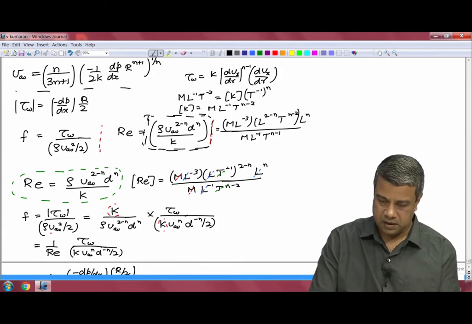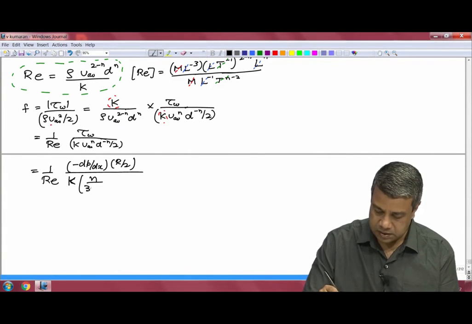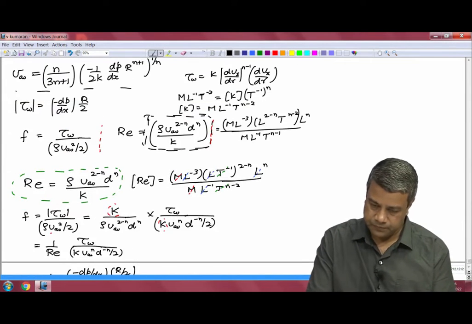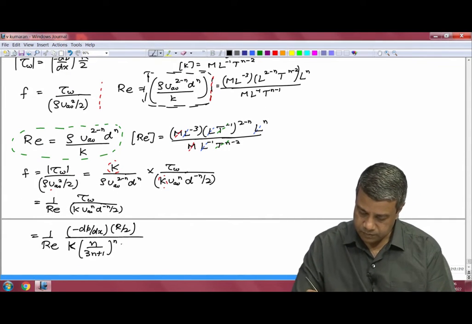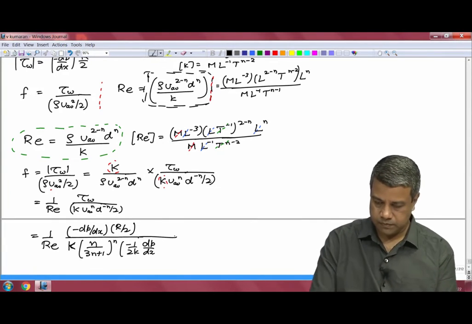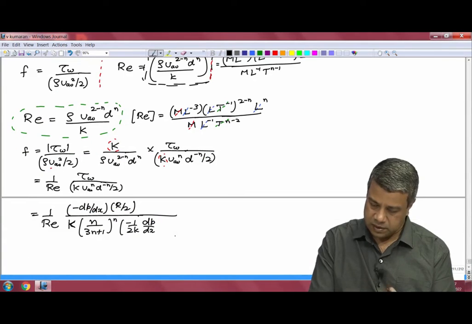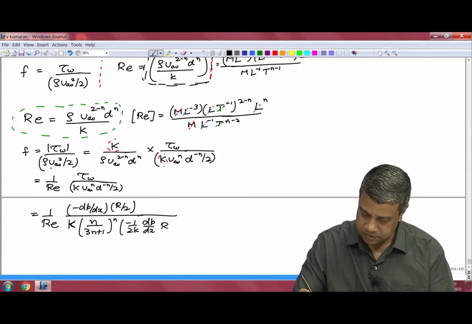So, this to the power of n is going to be equal to n by 3n plus 1 whole power n into r power n plus 1 into